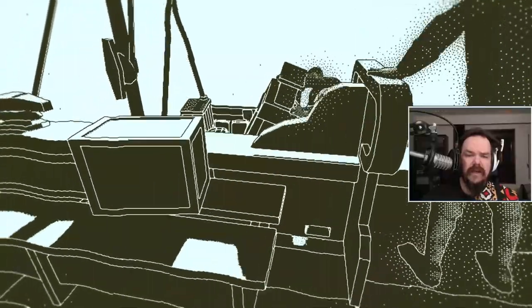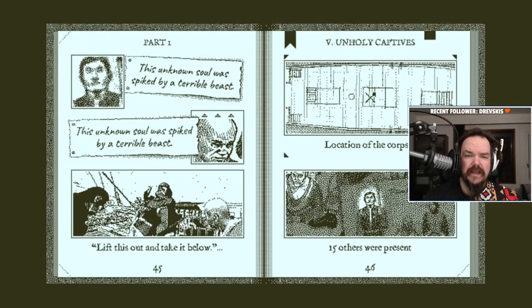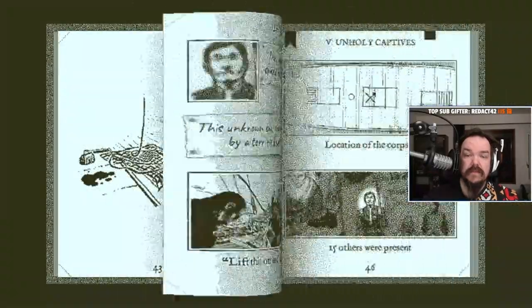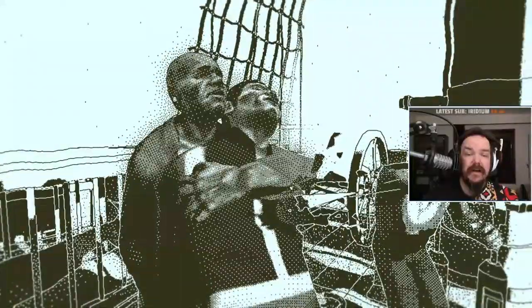So they are bringing the chest up from somewhere. Actually, one thing I can check is where they were. They were very close to the Canary Islands at the time. Interesting. In this scene, they are questioning this Chinese guy, and I don't know who this is, but he's